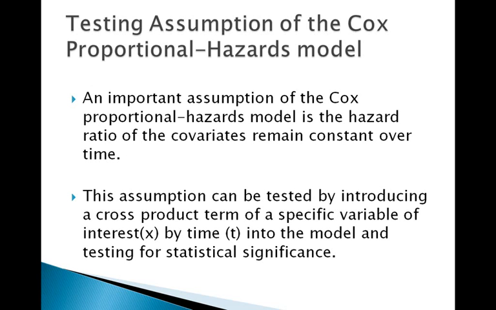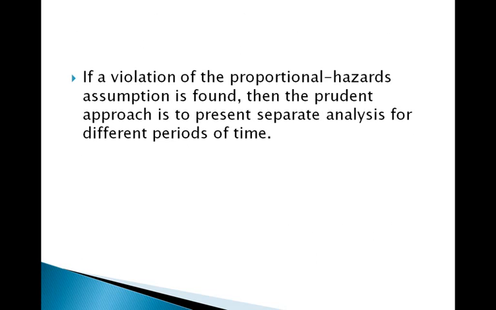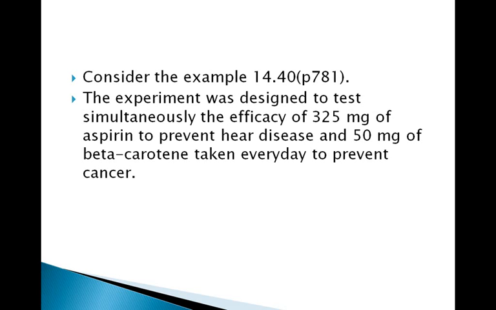We can test this assumption by introducing a cross-product term of the variable of interest times time into the model and testing for statistical significance. This is often referred to as a time-dependent covariate. If a violation of the proportional hazards assumption is found, then the most appropriate thing to do is not to use the Cox proportional hazards model and to present separate analyses for the different periods of time. An example of this is